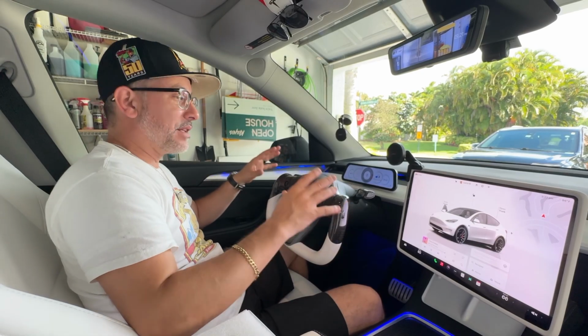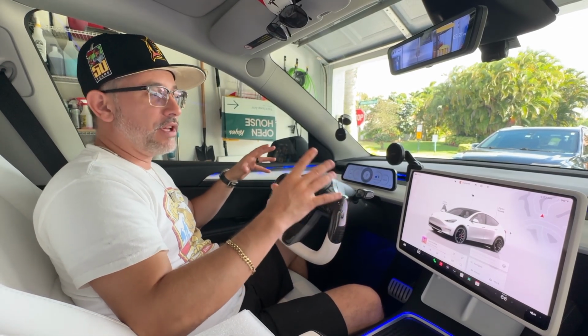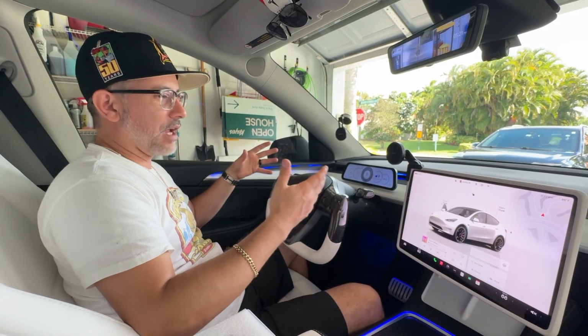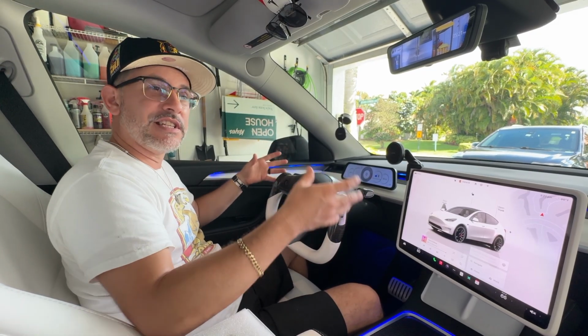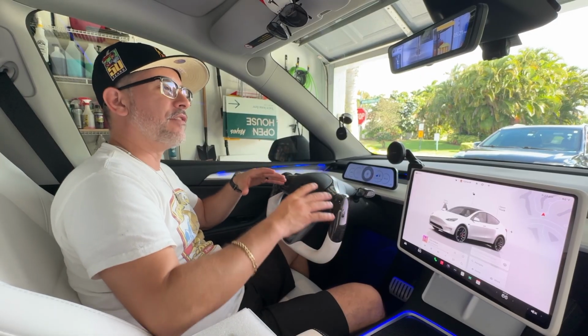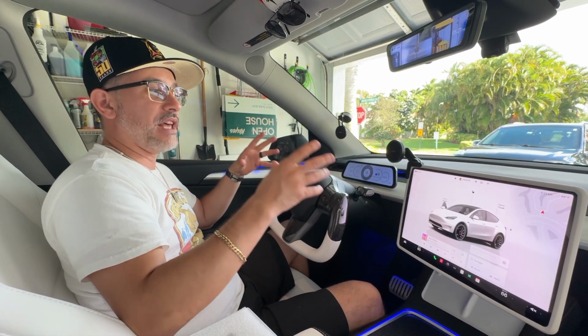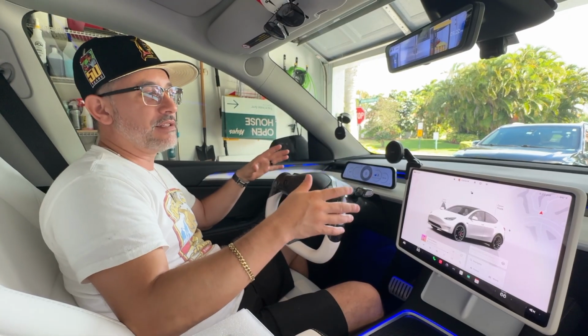So I love my Tesla Model Y. Overall, the technology in this car is pretty impressive. And I've taken the time to, of course, customize mine, as you can see, make it my own. And I've brought in a few features that this car doesn't have. But I think the number one feature that every Tesla owner wishes they had in their vehicle is Apple CarPlay